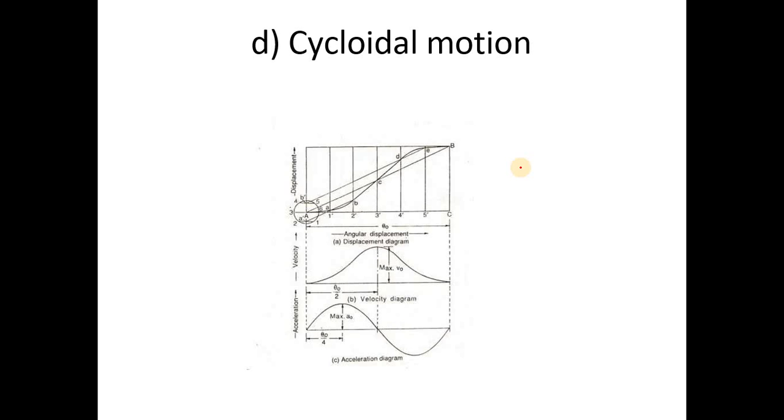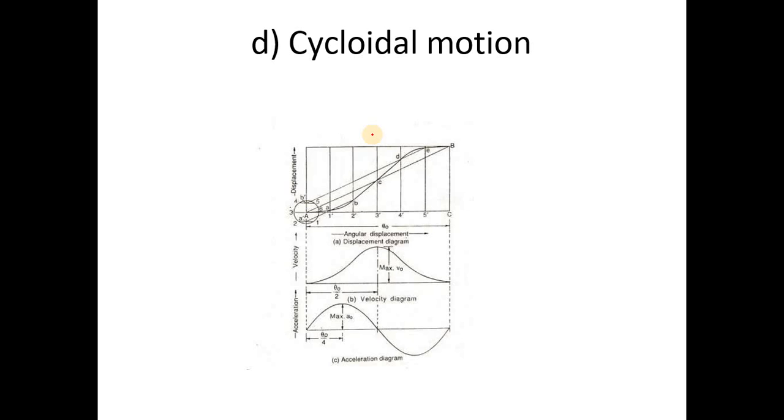Look at this. This is a circle which moves without slipping on a straight line. You have to draw the path of the same when the circle moves without slipping on a straight line. So in the case of cams, the straight line is the stroke of the follower which is translating, and the circumference of the rolling circle is equal to the stroke of the follower. Therefore, the radius of the rolling circle must be S divided by 2 pi. That is, S means stroke length, and 2 pi because the circle rolls without slipping. Hence, S divided by 2 pi.